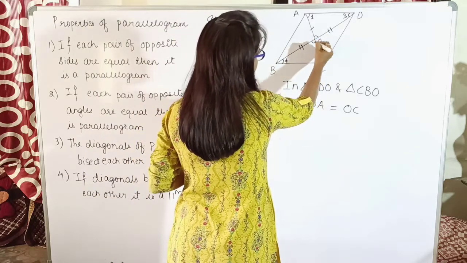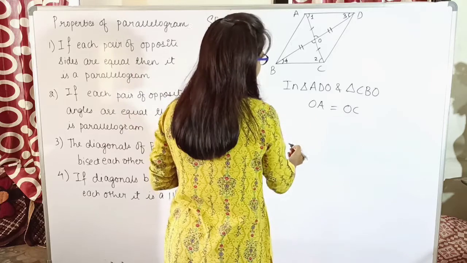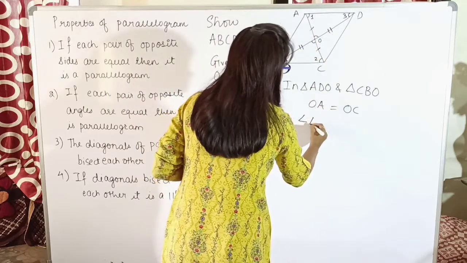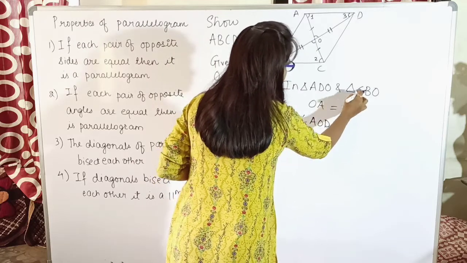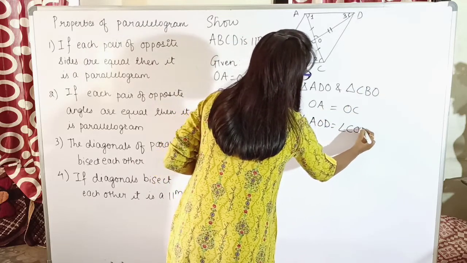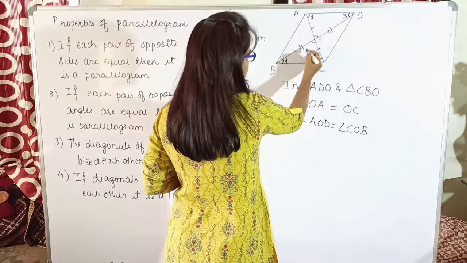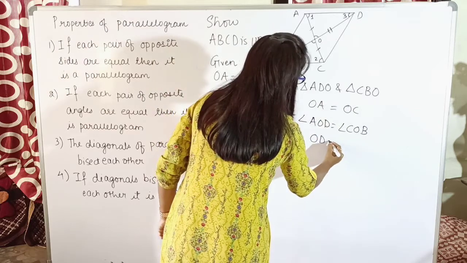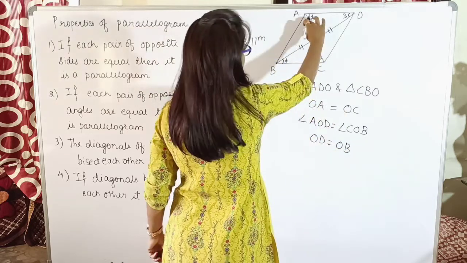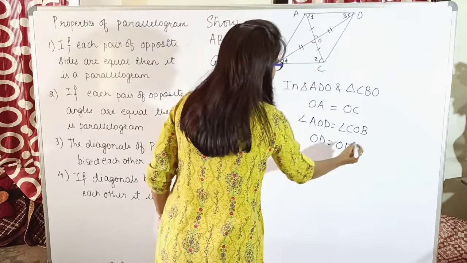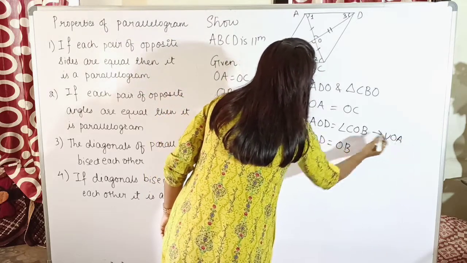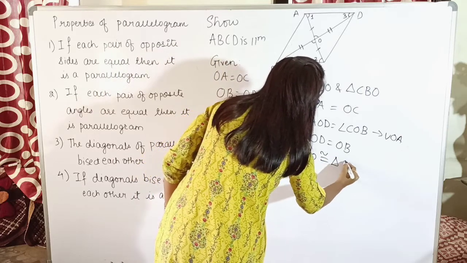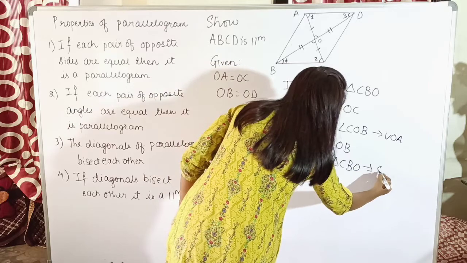So these two angles are equal because they are vertically opposite. So one side I have taken. Let us take the angle then. So angle AOD is equal to angle COB, and the last side OD equal to OB. So two sides and one angle. This is a vertically opposite angle, and hence I can say triangle ADO is congruent to triangle CBO by SAS congruency,